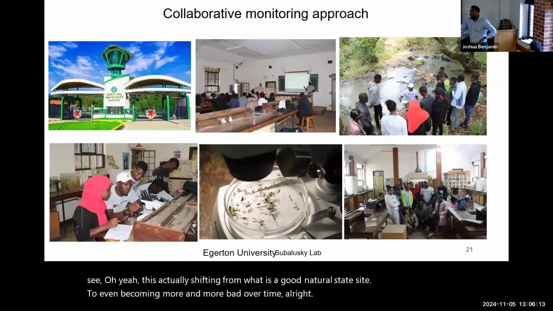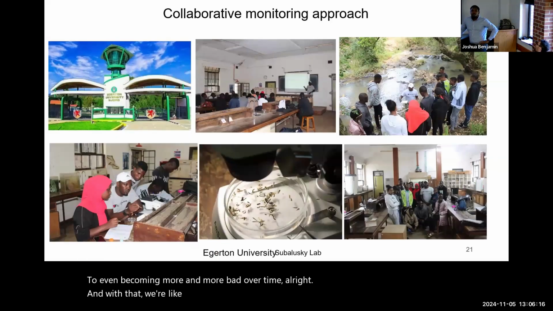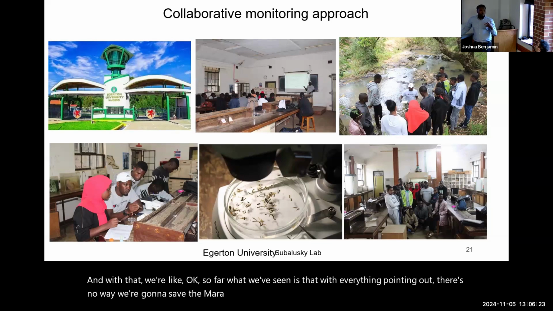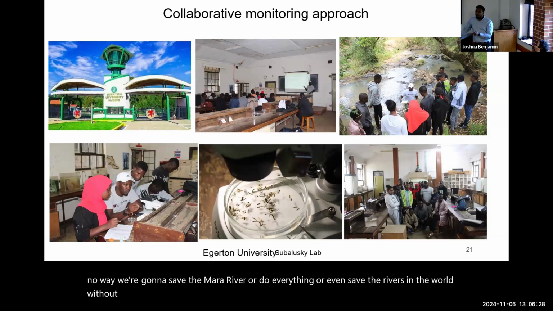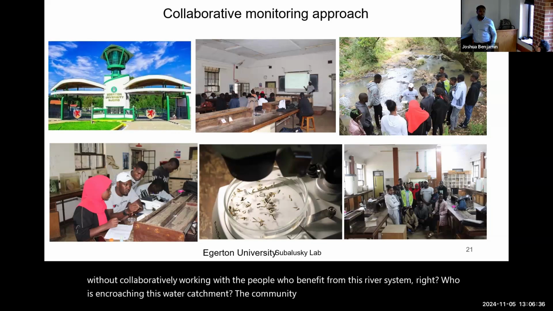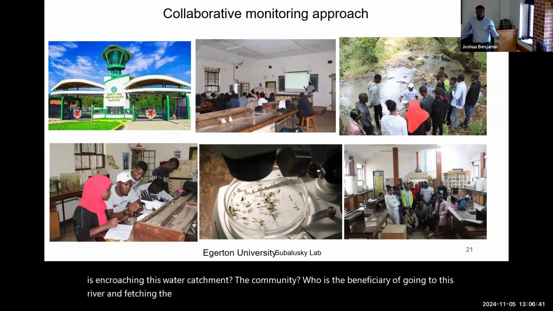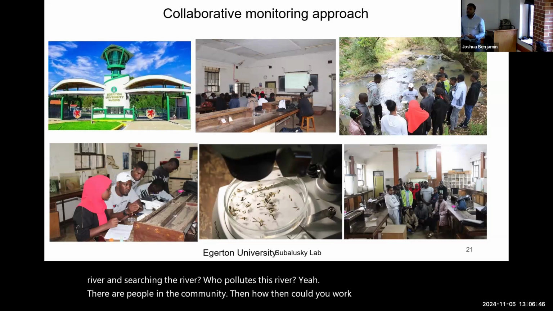And with that, we were like, okay, so far, what we've seen is that with everything pointing out, there's no way we're gonna save the Mara River or even save the rivers in the world without collaboratively working with the people who benefit from this river system, right? Who is encroaching this water catchment? The community. Who is the beneficiary of going to this river and fetching water? Who pollutes this river? There are these launches, there are people in the community, then how could you work with these people and prevent the levels of what you are seeing currently